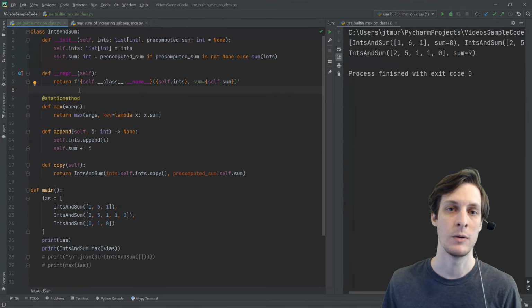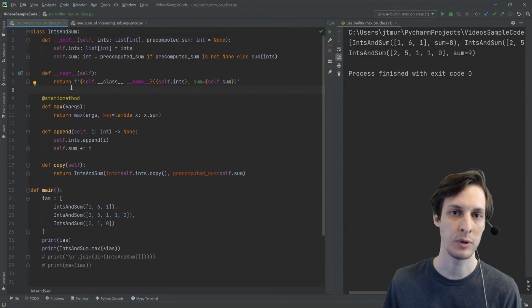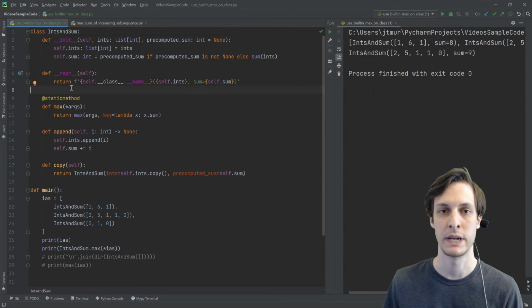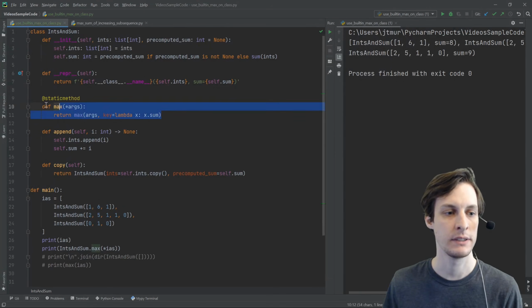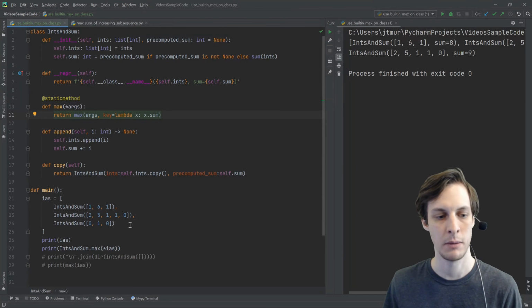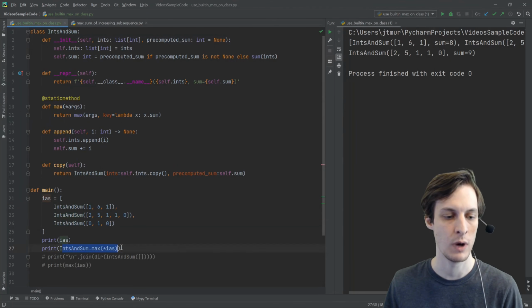In that previous video, there was a step in the algorithm where we needed to compute the maximum of a few of these elements, where we say that one is bigger than the other if the sum is bigger than the other, because in that problem, we were just trying to find something with the biggest sum, so it made sense to say that something of this form was the biggest if it had the maximum sum. And in order to do that, we defined this static method max, which takes in any number of these IntsAndSum instances, and it's able to tell you what the maximum is.